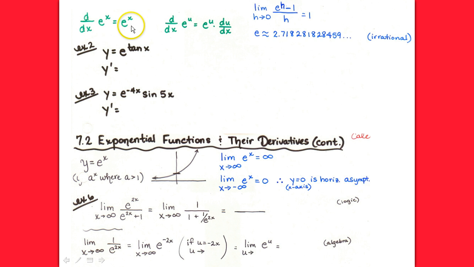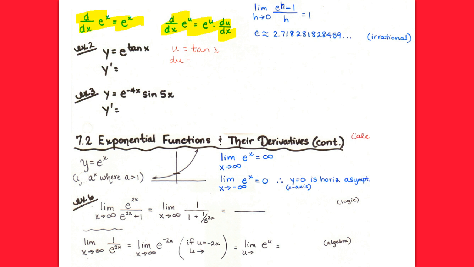If you don't have just plain e to the x, if you have e to some other quantity, then we could call that quantity u. And so when I do chain rule, the derivative of e to the u would just be e to the u times the derivative of u in terms of x. So derivative of the outside times derivative of the inside. So if we come down here and we look at e to the tangent x, we can say the derivative of e to the tangent x is going to be,